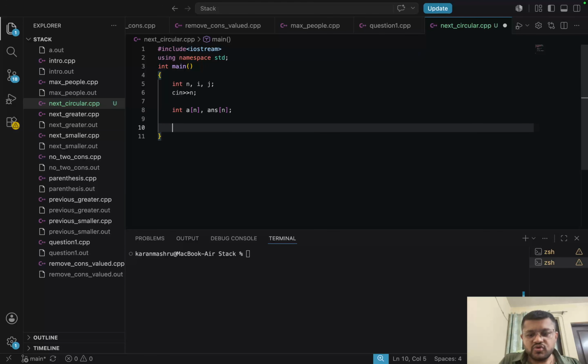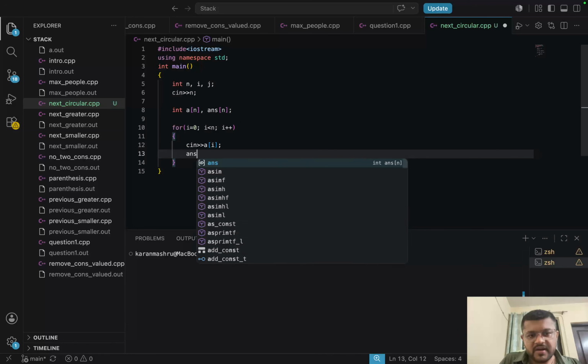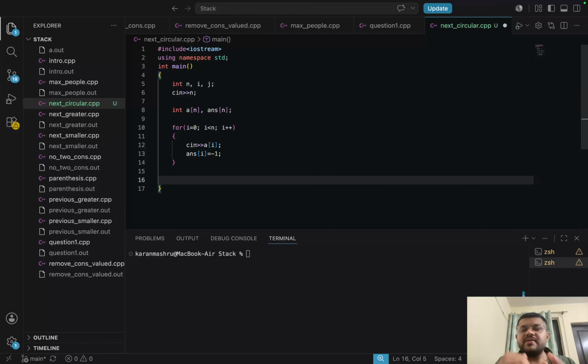I will take the array elements from the user, and I would also mark answer of I as -1. So if we found the next greater element for an element, then that would be overwritten for ith index. If we do not get it, it will remain -1.